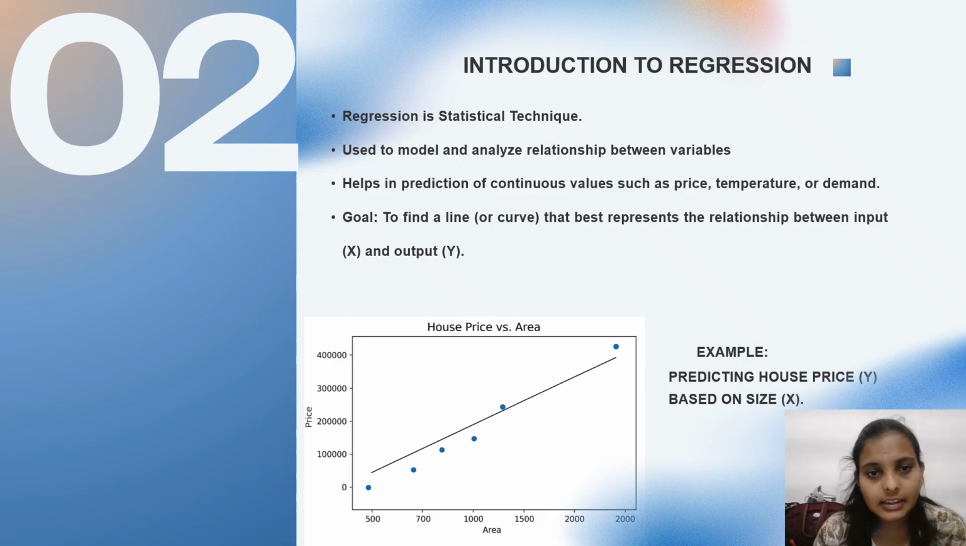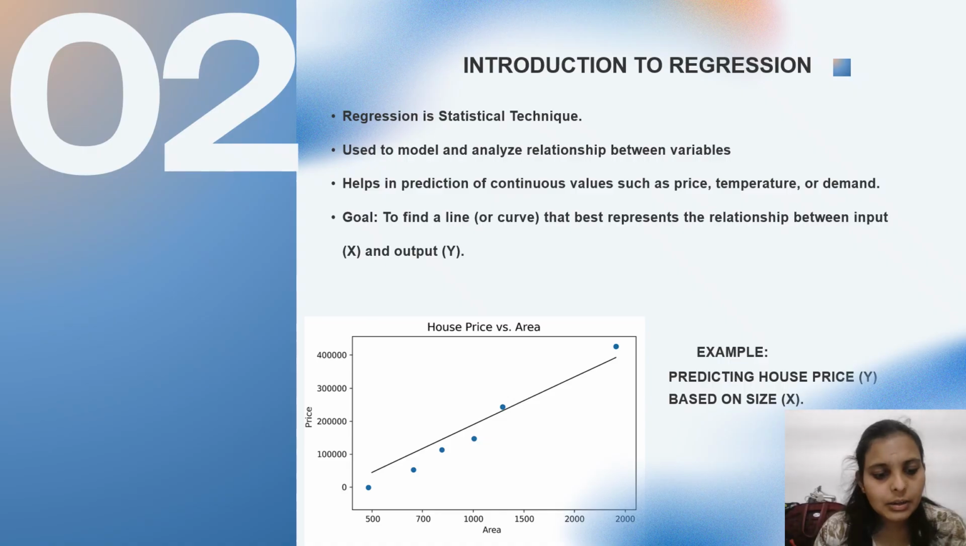Regression is a statistical technique. It is used to model and analyze the relationship between variables. It helps in prediction of continuous values such as price, temperature, or demand. So the main goal of regression is to find a line that best represents the relationship between input X and